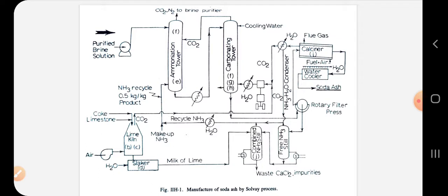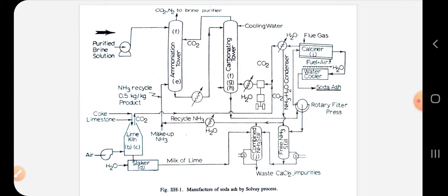So this discovery of Solvay process was done in 1869, and after that this has emerged as one of the most commonly used processes for manufacturing sodium carbonate. So before using this salt brine, it is purified in wash towers. A few wash towers are placed, and salt brine is purified by passing through this series of wash towers. And hard salts, that is calcium and magnesium salts, are removed in this process.